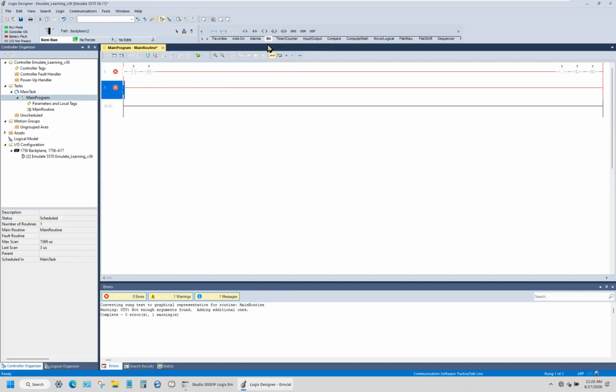If you're not going to remember that, you can come up here, select the bit tab, hit Examine On, which is XIC, Examine Off, XIO, which is what XIC stands for: examine if closed, examine if open. And then there's OTE, which is just your output bit, OTL, which is your output latch bit, and OTU, which is your output unlatch bit. Okay,